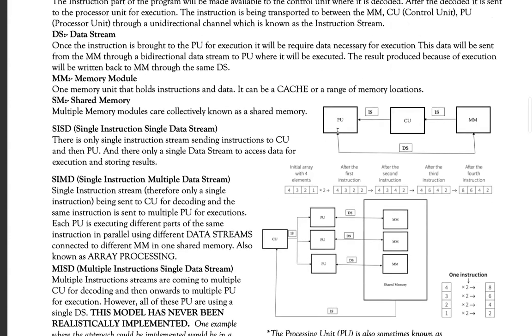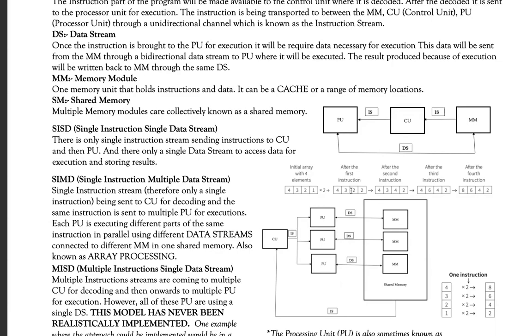Now, this first representation we see here is known as the single instruction and single data stream. The way this happens is that I am only running a single instruction. This whole processor runs one instruction at a time. And there's only one piece of data being processed at one time. So there's only one instruction making use of only one piece of data, and that single data stream is used for transferring that one piece of data.